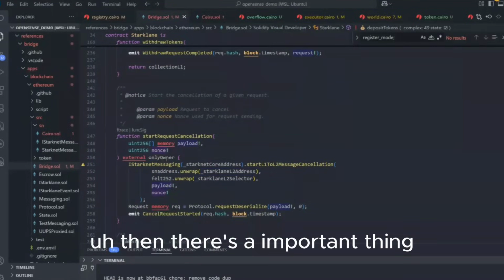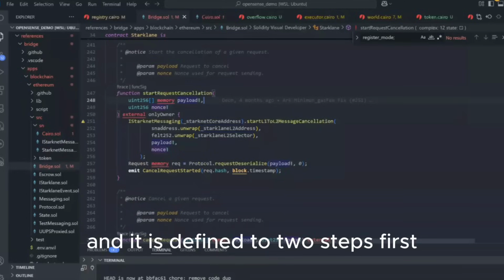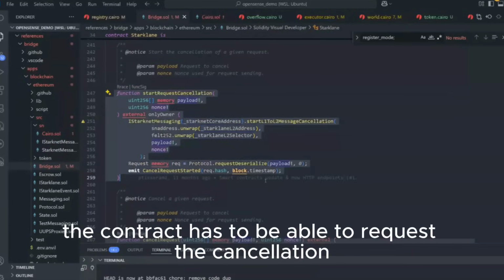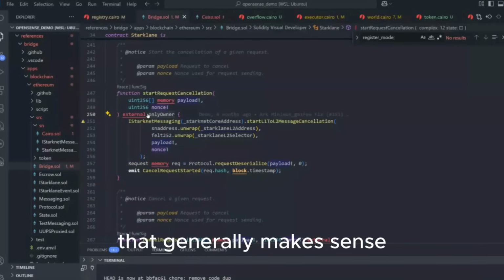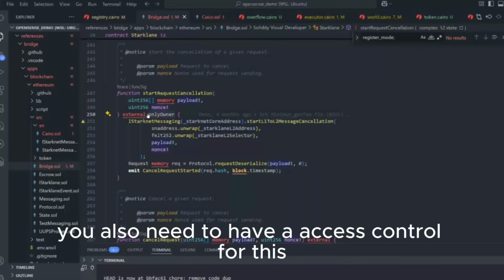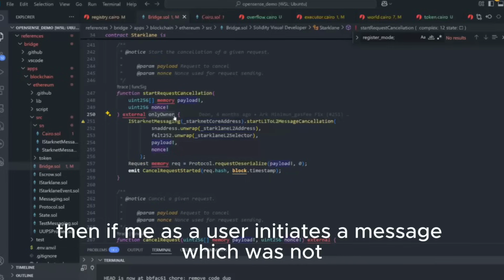Then there's an important thing, and that was about the cancellation I mentioned, and it is defined in two steps. First, the contract has to be able to request the cancellation on the message. So here they restricted it to only the owner. It generally makes sense. You also need to have access control for this because you don't want that if I